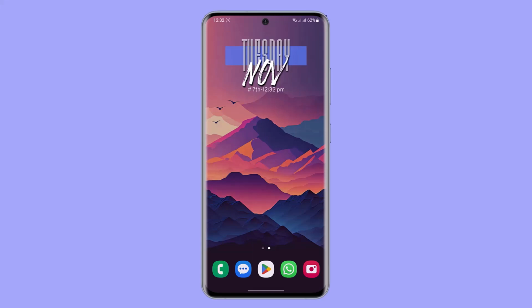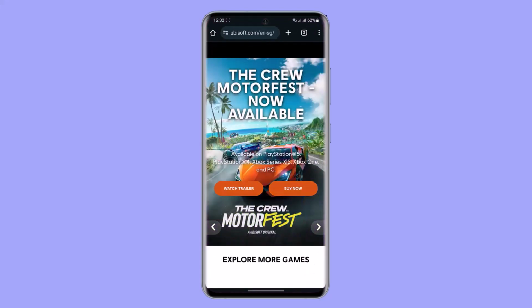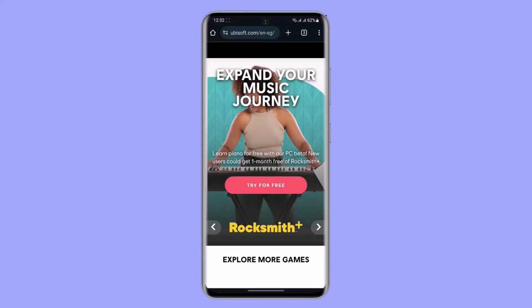So for that matter, the thing that you have to do is, first of all, access your PC and connect to your Ubisoft. Afterwards, go to your Ubisoft. Once you have seen this kind of interface, you are on the official website, you're logged in, and